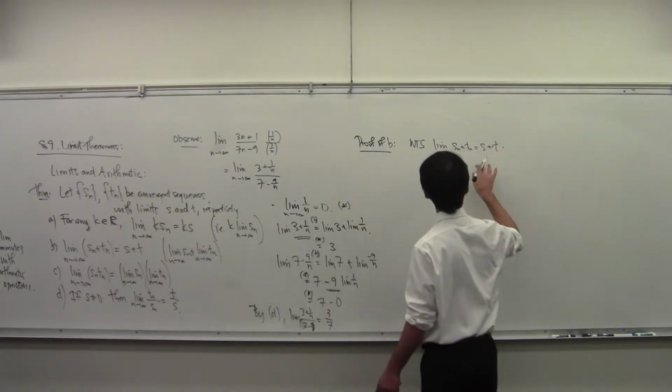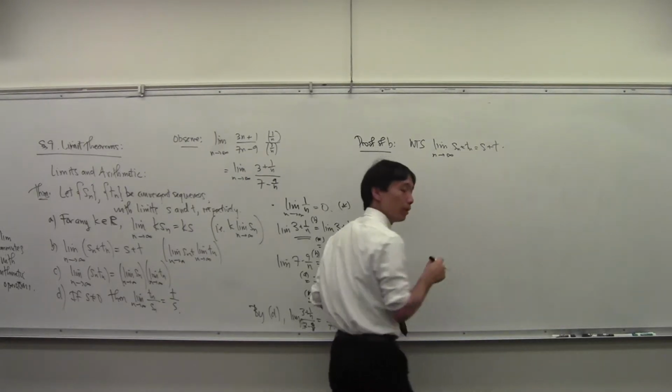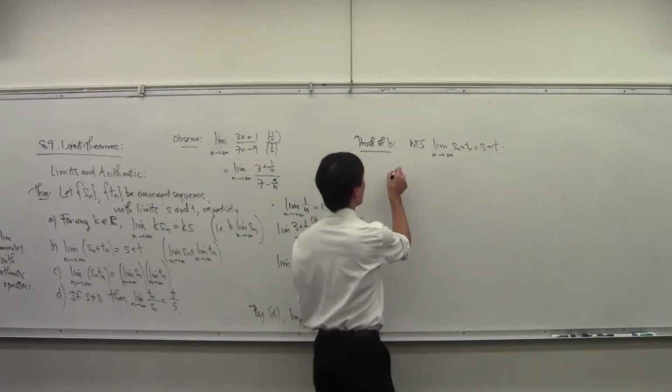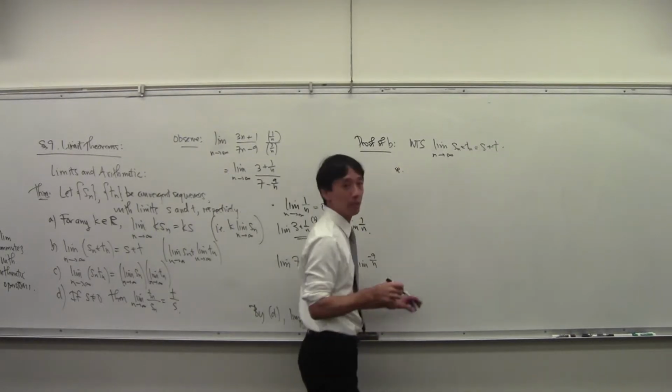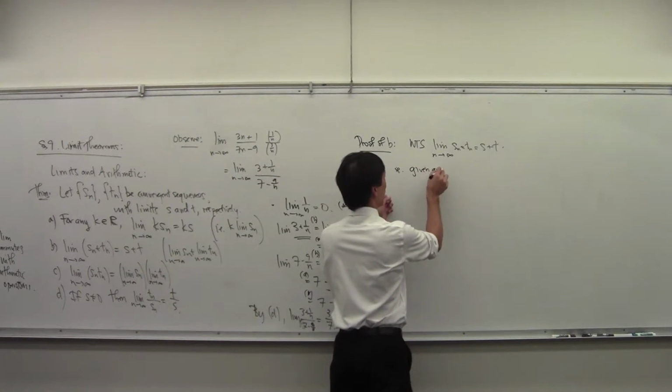Where s is the limit of the s sub n's and t is the limit of t sub n's, right? So what does that mean in epsilon N language? It means that given any epsilon,